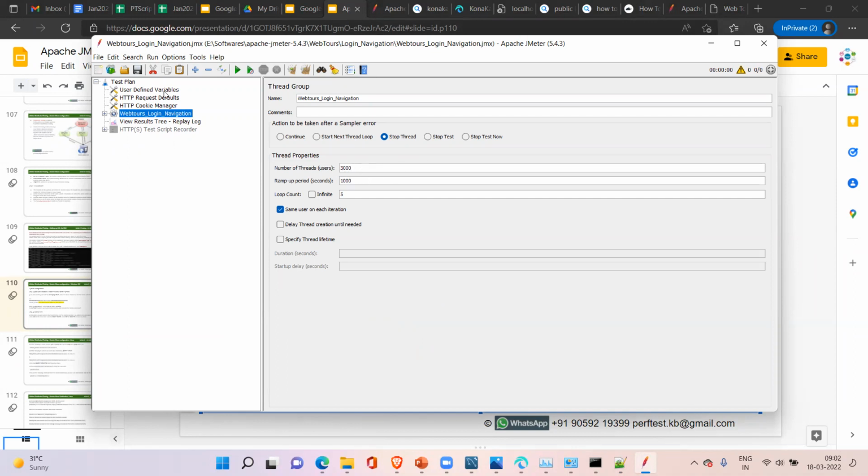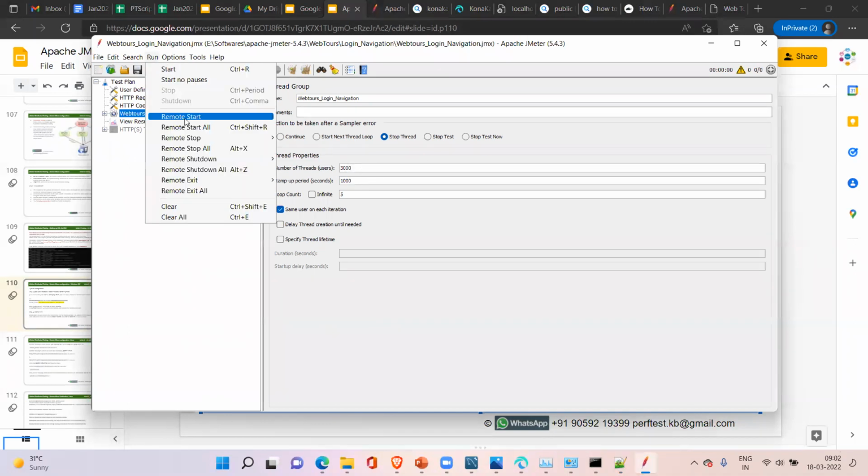Now what I can do is go to Run and Remote Start. You can use Remote Start All. Remote Start All means you are starting JMeter on all the remote machines. That is how you can run a distributed test. Or if you want to use only one machine, you go to Remote Start and select that machine, any of these remote machines.